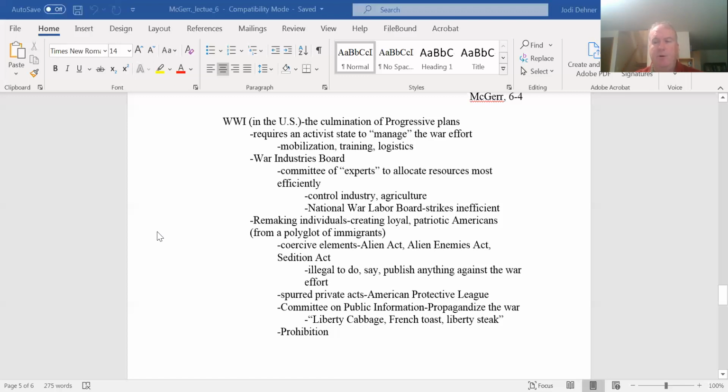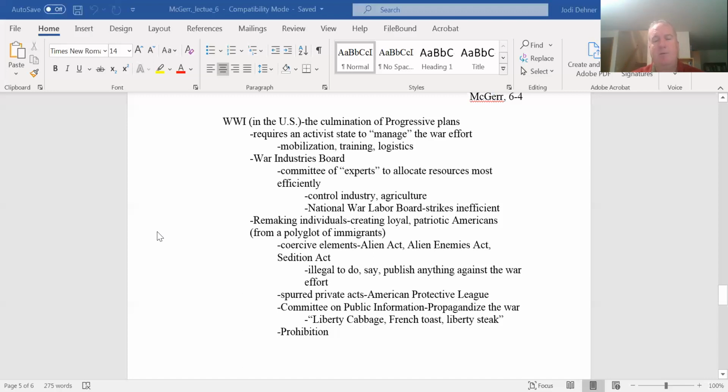And so they were also trying to stamp out radical elements. It also takes the form of a quasi-government entity known as the Committee on Public Information. This is to propagandize the war, to talk about how we're fighting for civilization. This took the form of some, what we would say a little bit silly at these times, but I might point out they're not unprecedented in American history, even in recent American history.